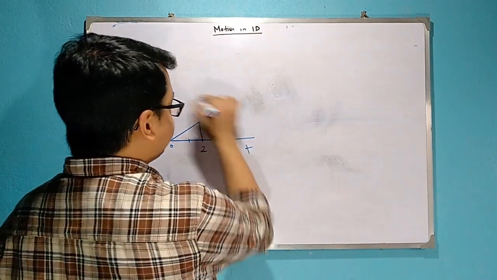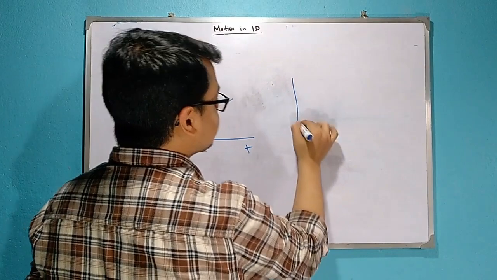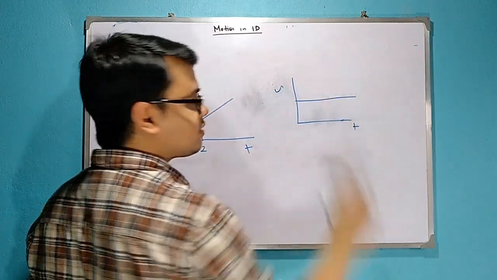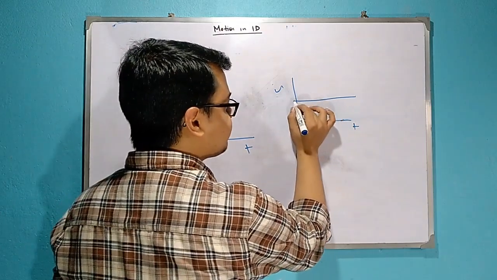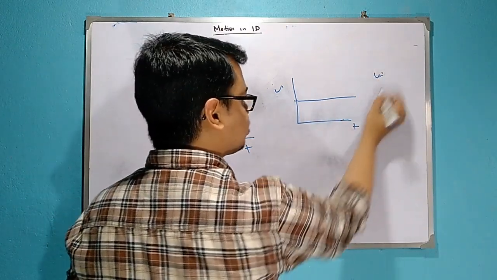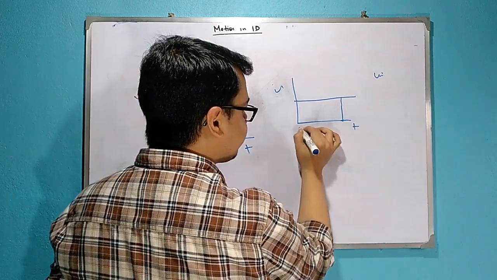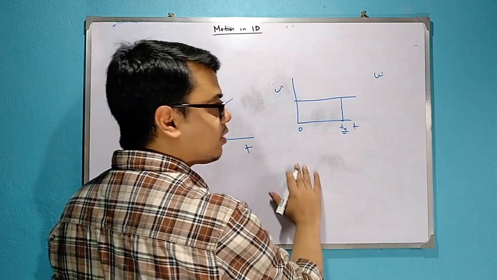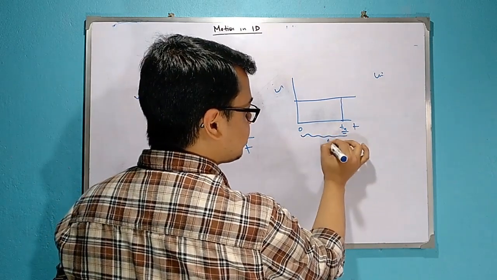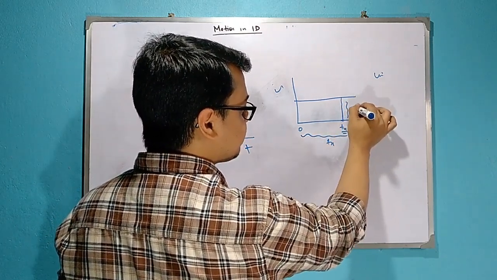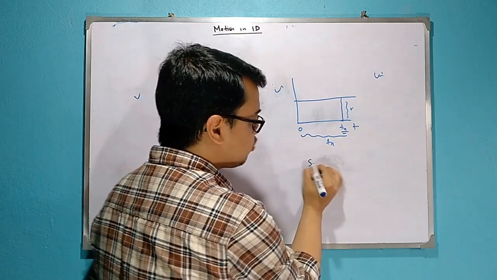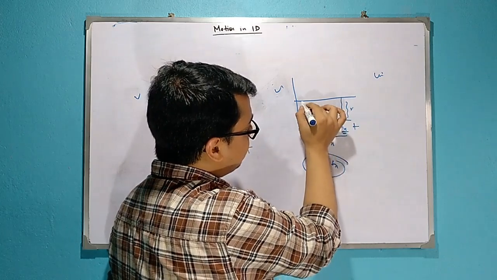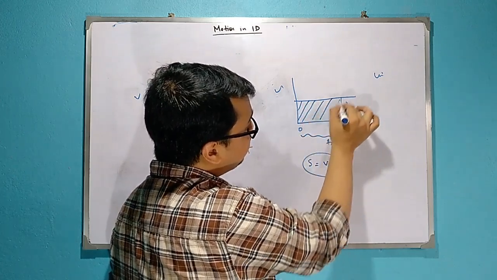So for this vt graph, suppose this was one of the cases that v is equal to a constant. So that means in the vt graph, this is the equation, and its v is constant. That means it is in uniform motion. So between 0 to, suppose this is my tx time, what is the time traveled? This length is tx. This length is v. So my actual length s is equal to v into tx, and v into tx is nothing but this area.